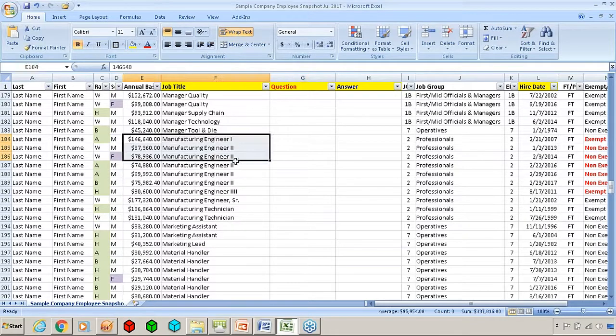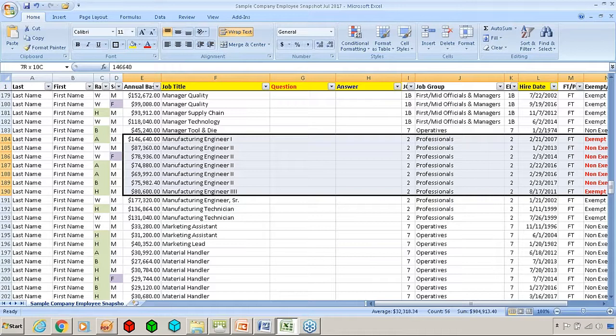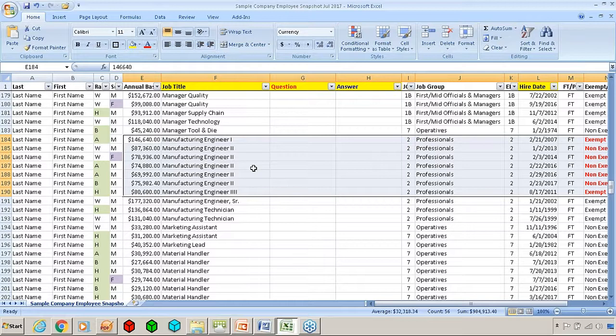We've got these engineers, and so these are all professionals. There's a manufacturing engineer 1, 2, and 3. We have 1 female. We have 3 Asians, 2 non-minorities, and we have one black, and we have one Hispanic. So they're going to compare all of these one to the other, and they're going to want to know why they're paid differently. Well, the manufacturing engineer 1 has been there longer, and this is probably something with higher level skill, maybe higher level education. So you can think about your employees, but they are going to compare these one to another.